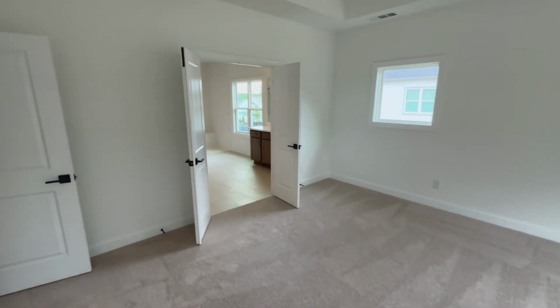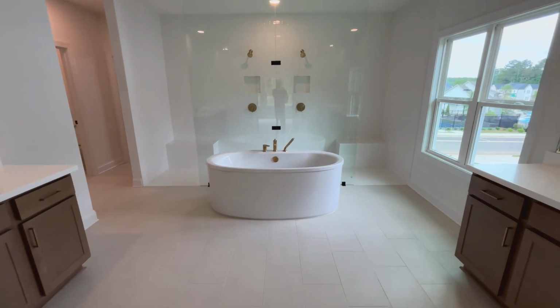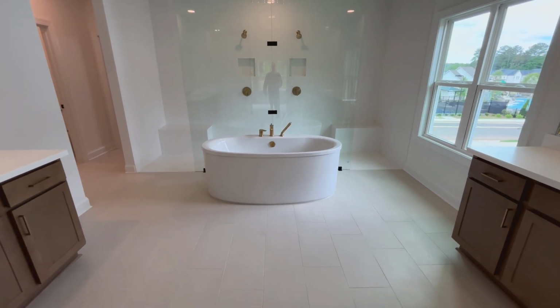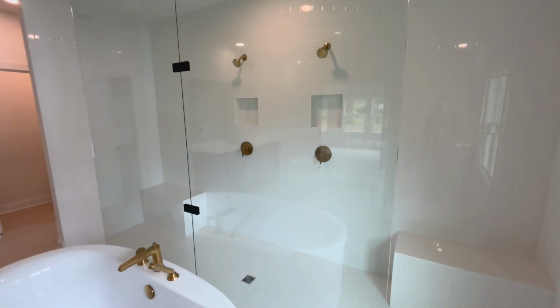And we'll come in double doors to go into the bathroom. Man, do I love this bathroom. This is what I was talking about in the other house. Sometimes they take the tub and they put it in front of the shower like that. I don't know why, but they do that. Kind of looks cool though, especially with the shower looking like this. You got the two heads, the shower,